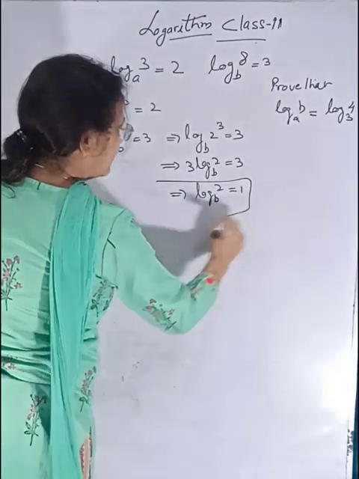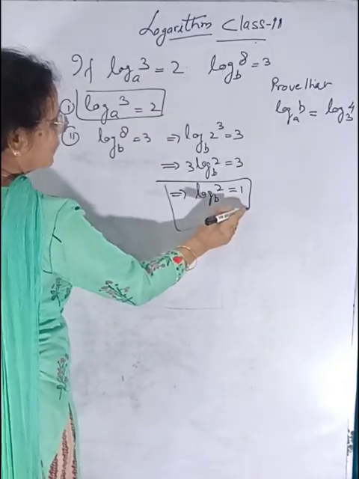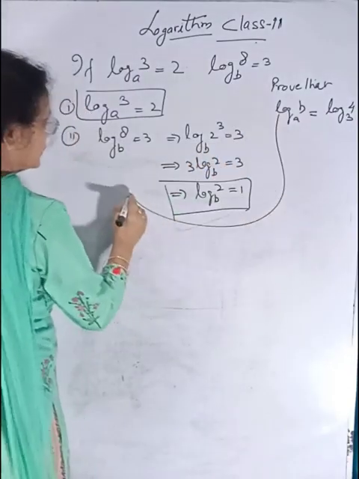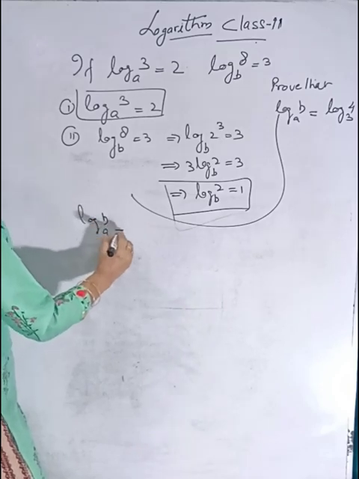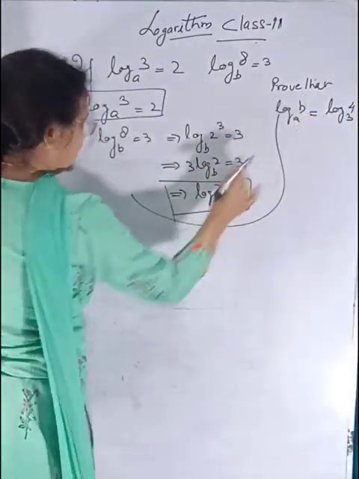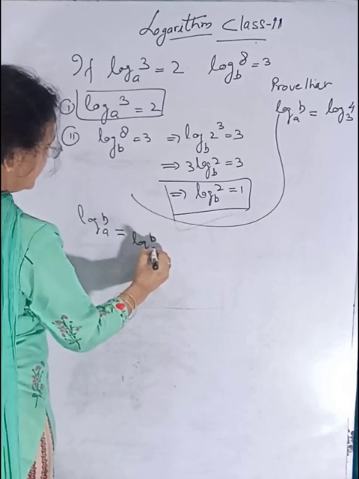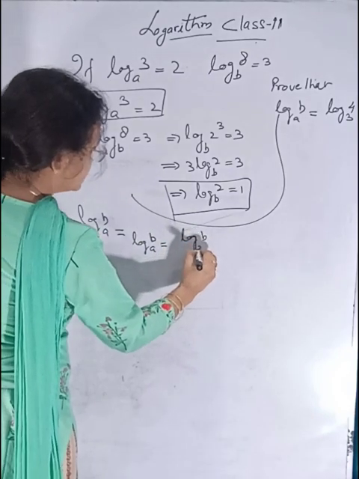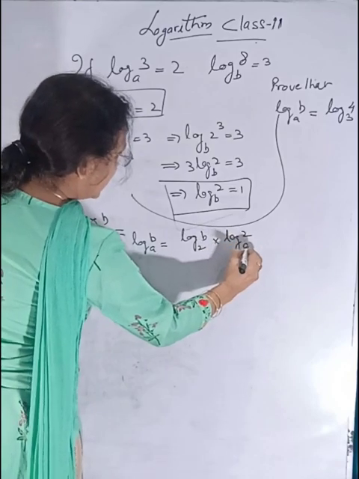एक ये थ्योरी पता है और एक ये चीज, दो चीजें हमें पता है जो हम यूज कर देंगे. ठीक है, ओके. नाउ क्वेश्चन लेते हैं. दिस इज द क्वेश्चन. क्वेश्चन इज log of b with the base a. दिस कैन बी रिटन एज 4 और 3 लेके आना है. 4 और 3 इसका ध्यान रखना है. 3 लेने के लिए 4 लेते हैं. log of b with the base a, this can be written as log of b with the base 2 into log of 2 with the base a.